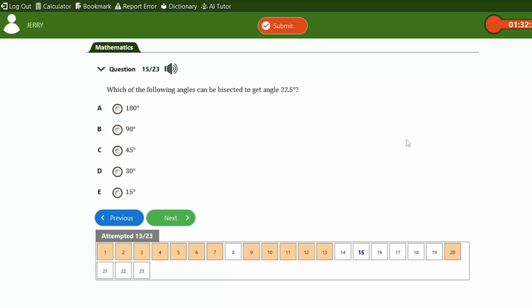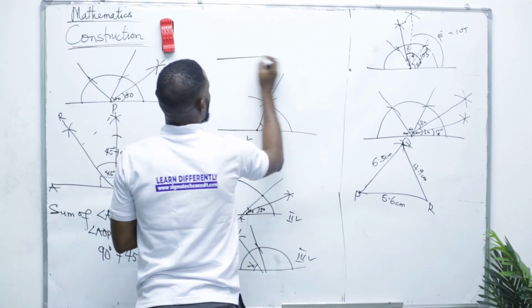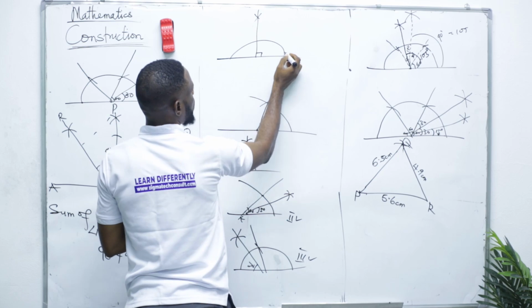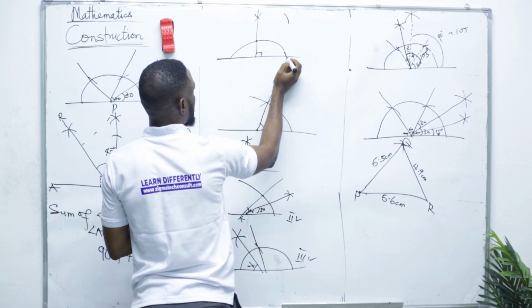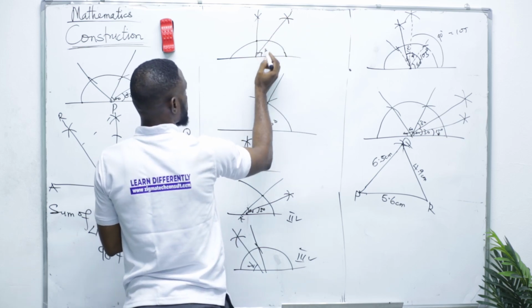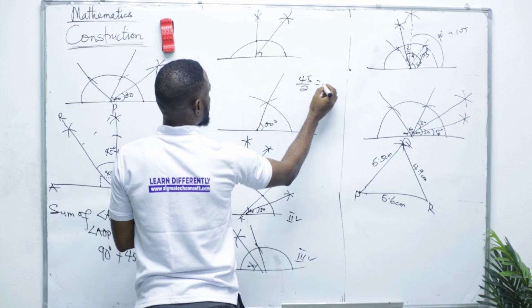So which of the following angles can be bisected to get angle 22.5? To get angle 22.5, like I said, is to simply bisect angle 45. And how do we get 45? We get 45 from 90. This is our 90, right? To get 45, with any radius of your choice here, make an arc. See, the same radius, make an arc. You have gotten 45 degrees. So to get to 22.5, which is 45 over 2,